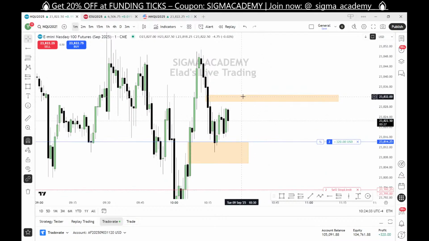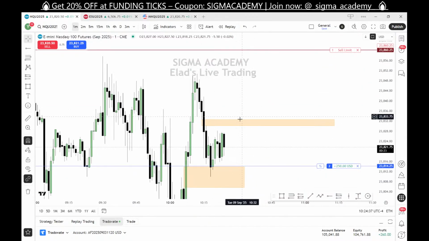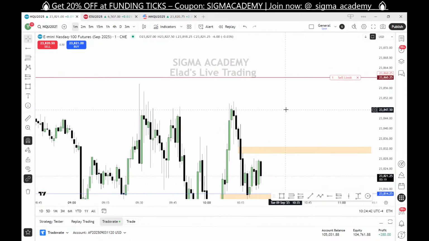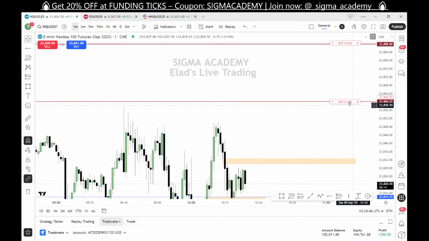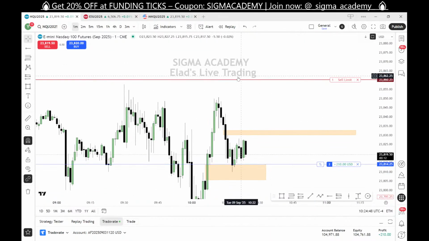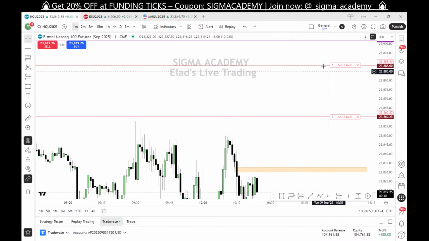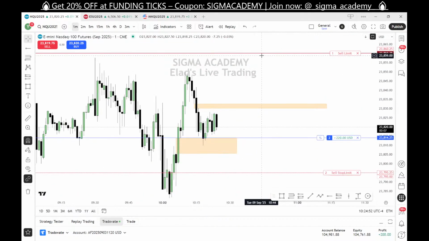I want to see any attack here, and then to add in the market half of my positions. By the way, this is where I will lose some profit, lose some contracts. This is the last piece. Come on.